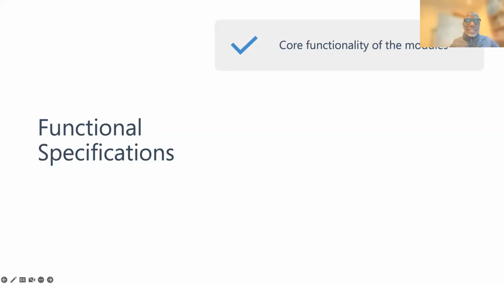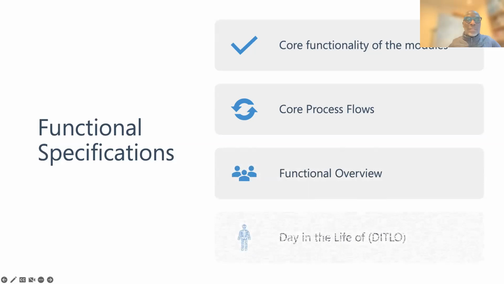And what you will have embedded inside of the functional specs are usually, actually, I'm not sure if it's in this functional spec, it's in the other document. Yes, I think so. You'd have screenshots, a step-by-step guide, and some core process flow, not the who does what. That's in another document, the design document. But here you're looking at what does the application do. So you're really looking at a functional overview, and this is where you look at the day in the life of maybe a generic